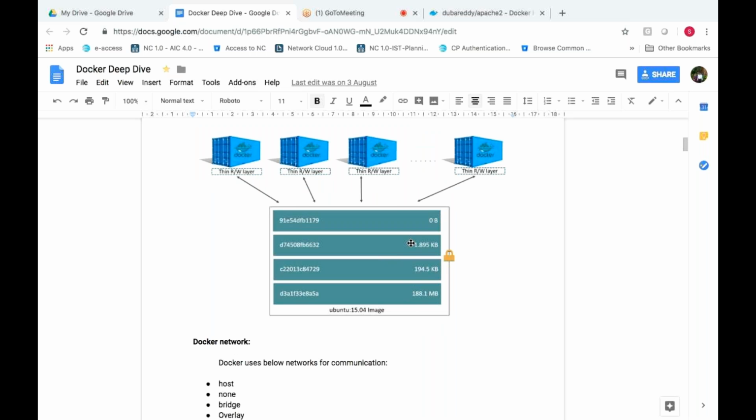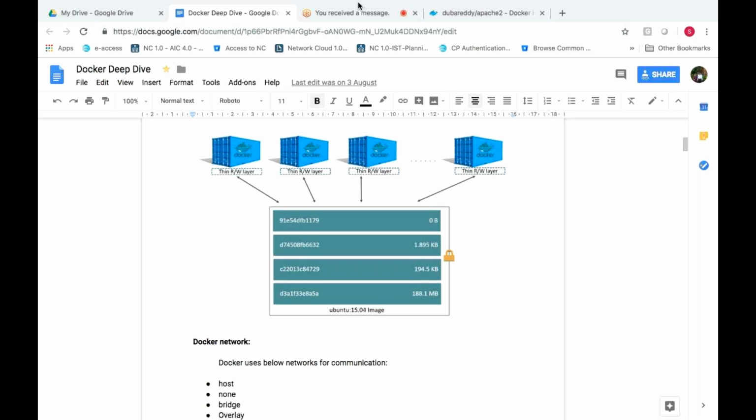Okay, you cannot modify the content. When you create a container, it will create a layer on top of it. This layer will be linked to your image. This layer is nothing but the read-write layer. You can modify it. That's the reason, right? We can log into the container, we can execute commands, we can install packages, everything we can do because we have permission to do that. So that's the reason it is called the read-write layer. Thin, in the sense, the size of the image.